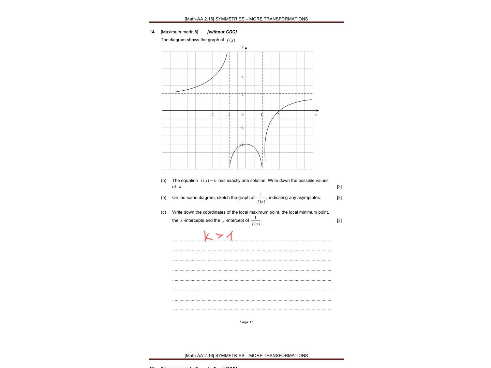Then everything until here would have one solution. At -2, it has 2 solutions, and then here it has 3, and it will keep on having 3. So as long as k is greater than -2 but less than 1, it will have